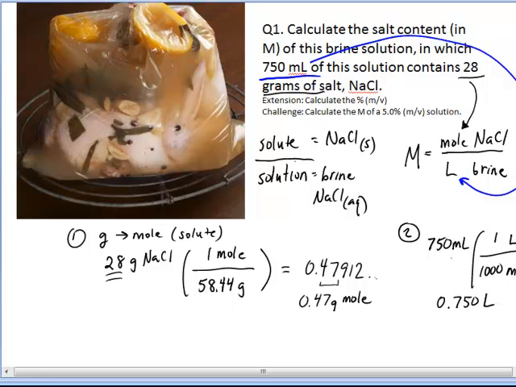And the easiest way to do this math is just 1, 2, 3, right? Because you're moving it 3 places. Let's go ahead and now calculate the molarity. So step 3, the molarity is